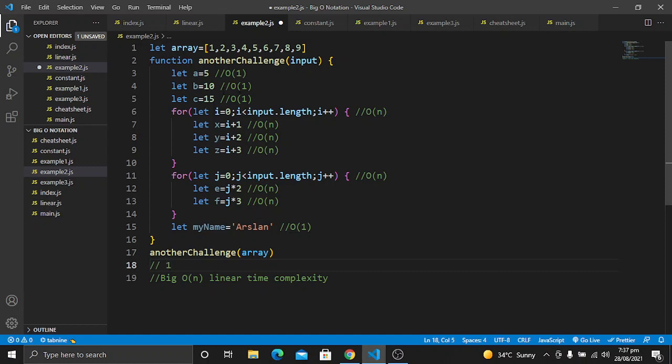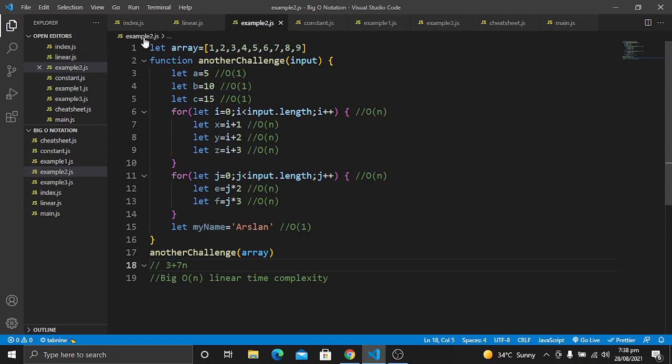So 1, 2, 3, there will be three ones, and n is going to be 1, 2, 3, 4, 5, 6, 7, so there will be 7 n's, so it will be 7n. So we are getting 3 plus 4n.